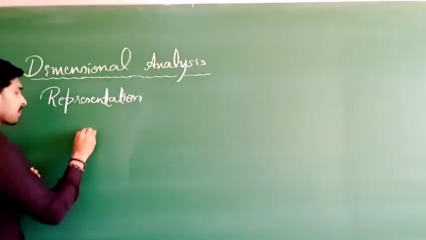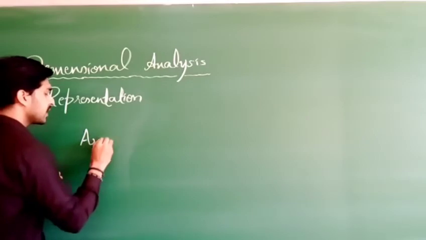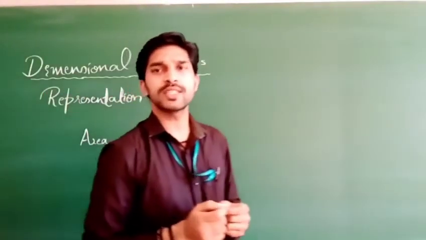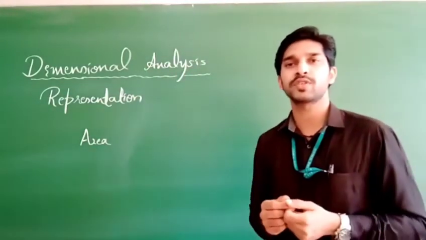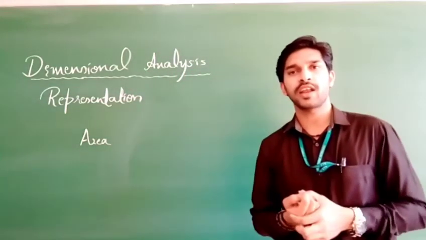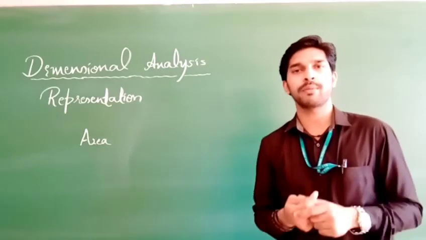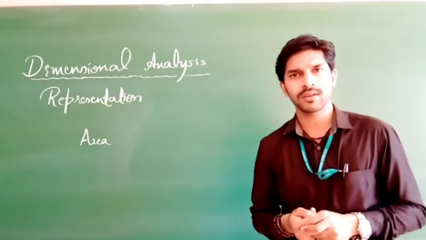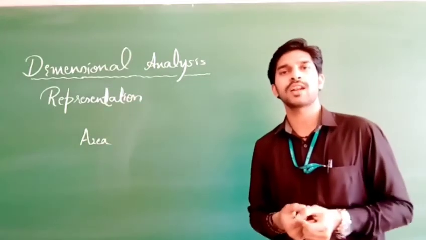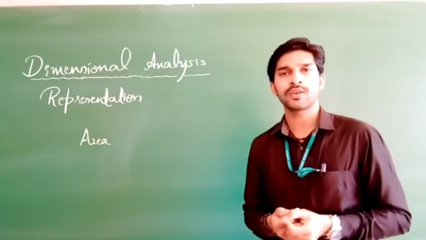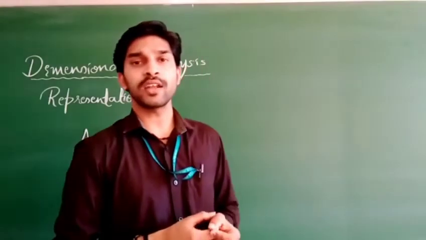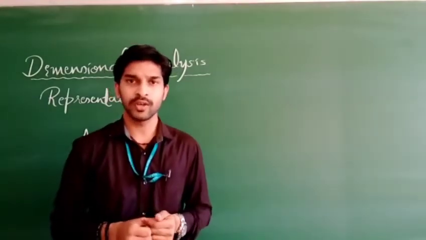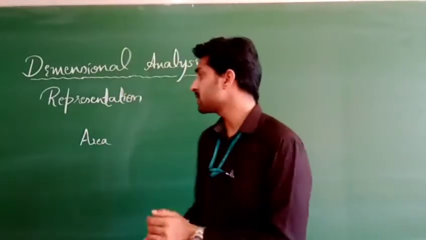Let us suppose we are going to calculate area. That means we are going to write the dimensional formula for area. What is basically area? What do you mean by area first of all? If we have a rectangular sheet, a rectangular plain paper, how are you going to calculate its area? Can anybody tell me? If we measure length and breadth, we get the area of that particular rectangular sheet, correct?